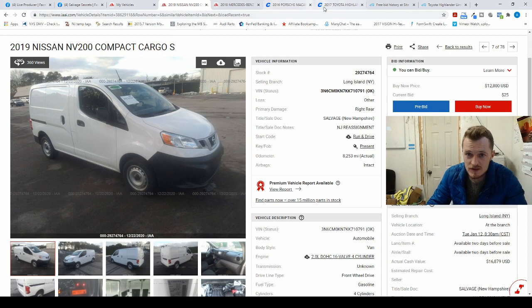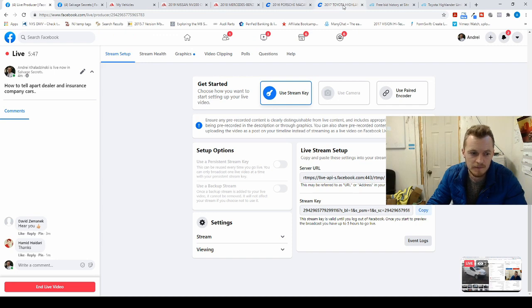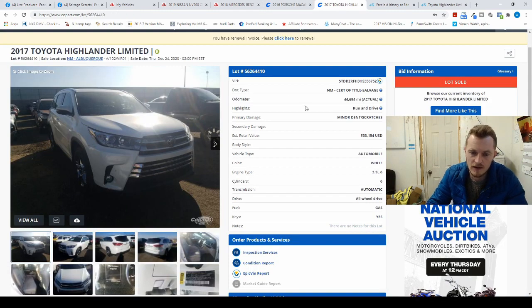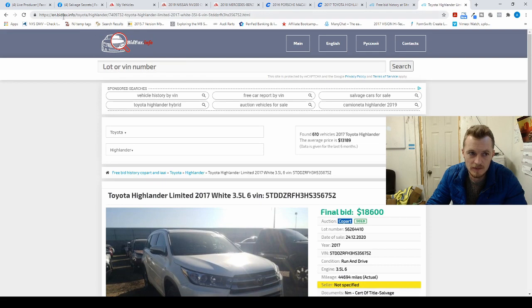With Copart it's not so simple, because like I said, you look here, you don't see who the seller is, and it's pretty common. Sometimes they list it, sometimes they don't. So what you want to do, there are a couple of sites that I talked about before that let you see the history of the car, how much it sold for and stuff like that. And one of these websites is bidfax.info. So I went to this website, bidfax.info, right here. As you can see, I put in the lot number,